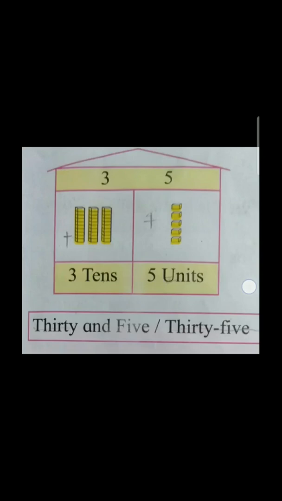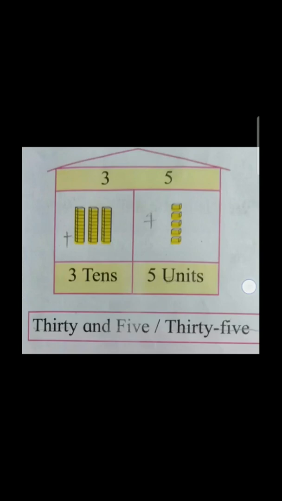Okay, the number 35 is there. In the number 35, see students, listen carefully. In the number 35, we have 3 in the tens place. Are you looking there, column of tens? Which number is there? 3. 3 in the tens place. Now see students, what's the meaning of tens place? Listen carefully. When 10 units come together, we don't say 11 and we don't say 9. When 10 units come together, there is 1 ten.